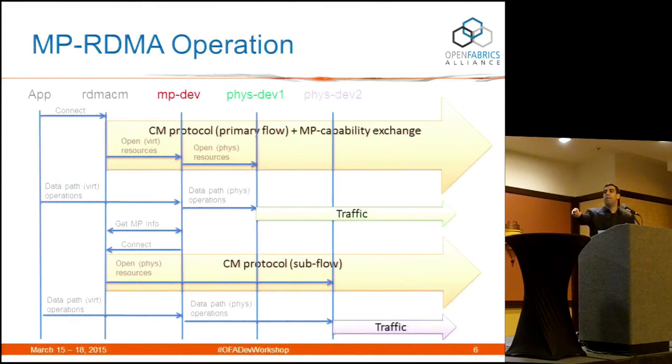So when an application is doing a post send and giving some kind of R key to our application, we are looking here in some kind of associative array and understand, okay, we don't have a translation for this R key. I don't know this resource, because this R key was created at the other peer. So I'm using the main flow and the MADs and sending him some kind of a request: okay, I have this MR, can you please resolve it? And then he sends me, okay, this is the